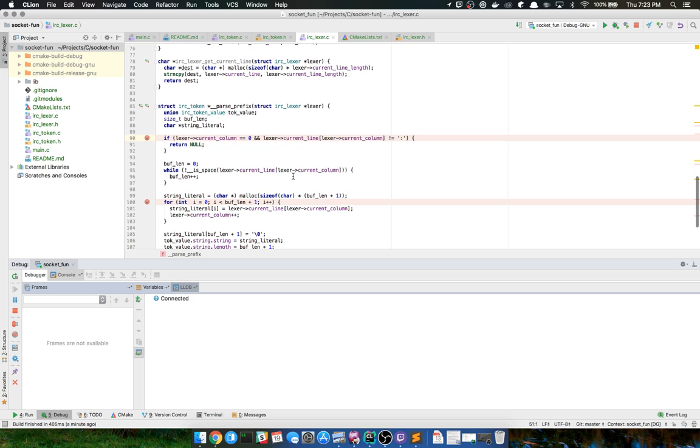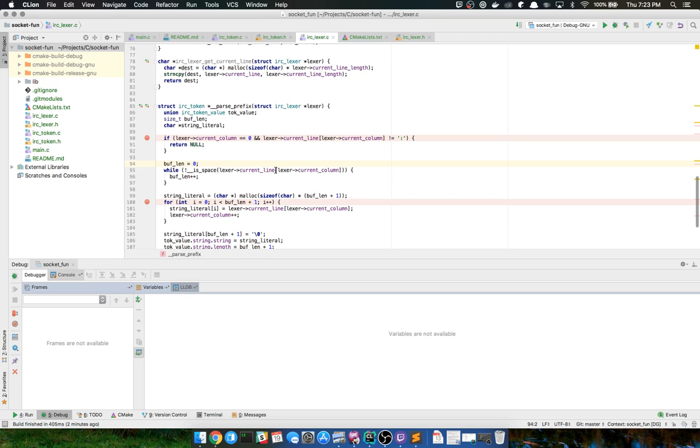It still returned null. What? Well, here's a problem too. Oh, shoot. There's a lot of problems here. This is probably where it actually breaks.